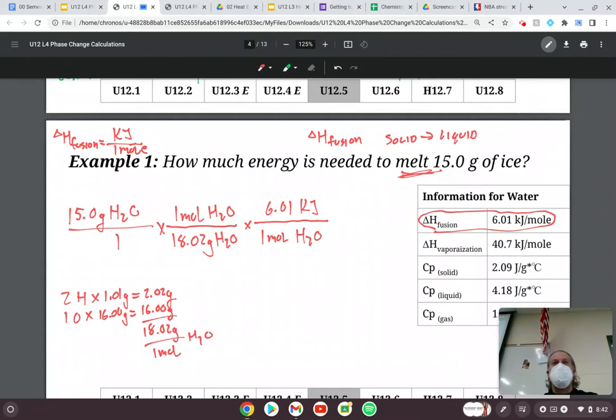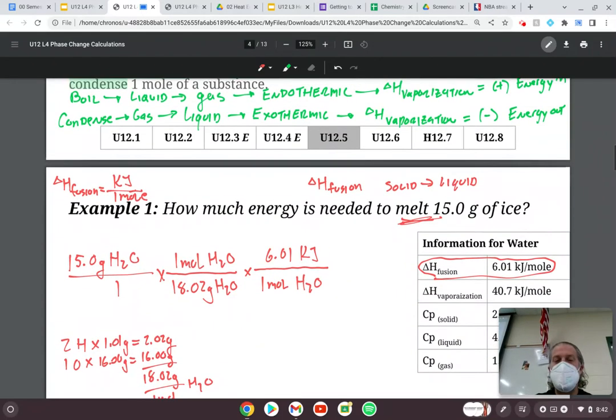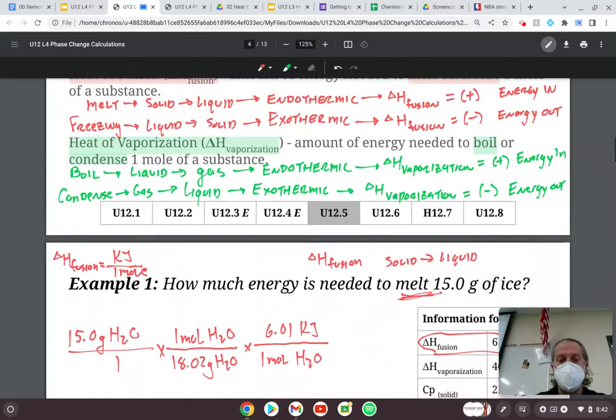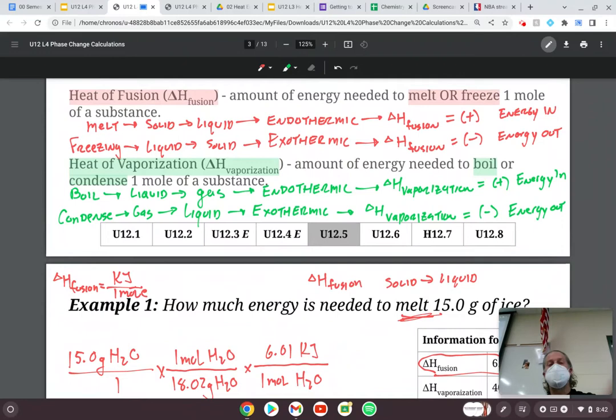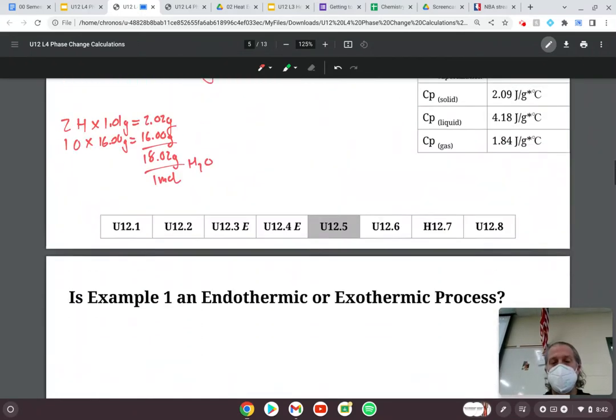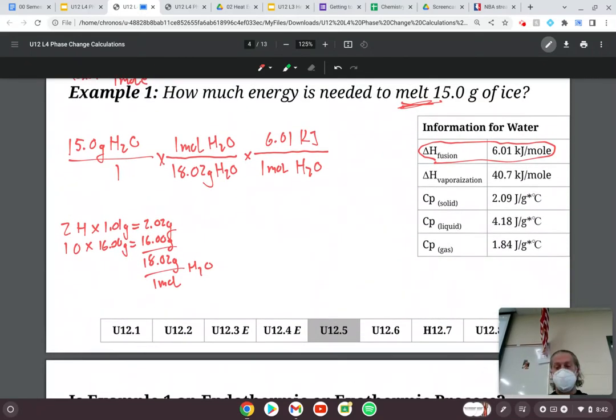Now, again, I'm going to scroll back up to that graphic organizer, that flow chart, real quick to make sure I have the right sign convention for kilojoules. So in this case, melting, solid to a liquid, endothermic, the delta H value has to be positive, so I'm going to leave it alone. So now all that's left to do is to grab my calculator and calculate this out. So I'm going to take 15, divide it by 18.02, take that answer and multiply it by 6.01. That's going to give me a calculator value of